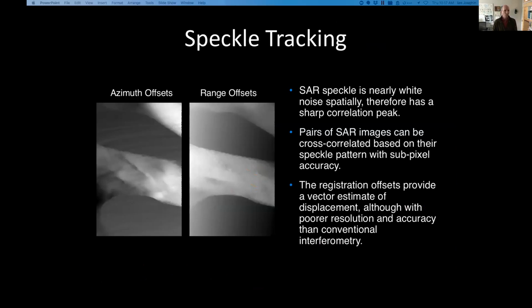We also use what's called speckle tracking, which is a kind of a close cousin of SAR interferometry. And it's like the feature tracking that maybe Ted will talk about today, where you cross-correlate patches of images to look for changes or something moving from one point to the next. But an advantage of SAR is that the SAR has a speckle pattern or a grainy texture to it, which is often considered noise. But if you maintain the same requirements for interferometry and the images are coherent from one image to the next, you basically get the same speckle pattern. And you can track that speckle pattern, and it's very well correlated, so you can get pretty good accuracy in